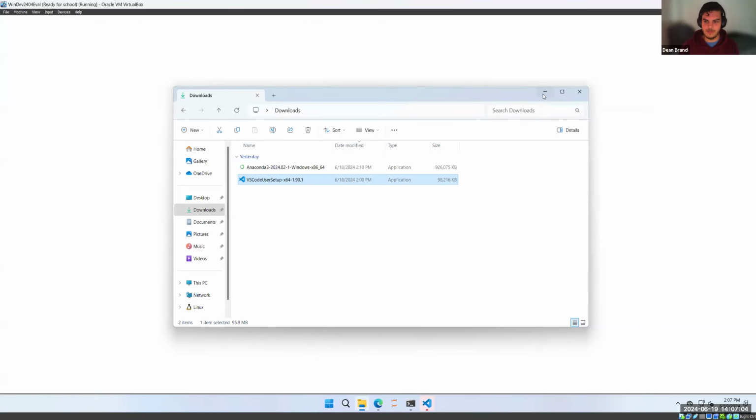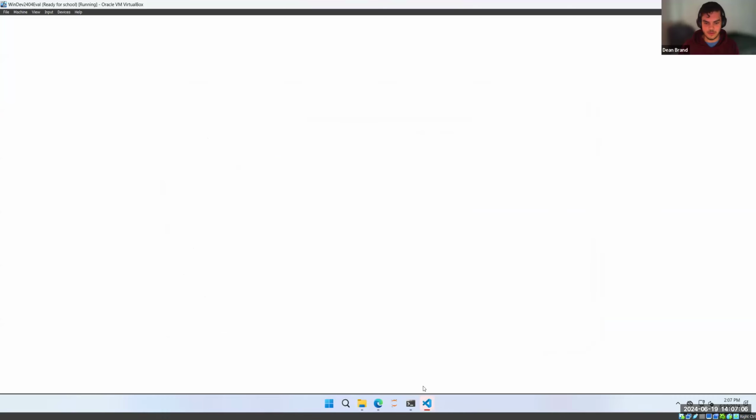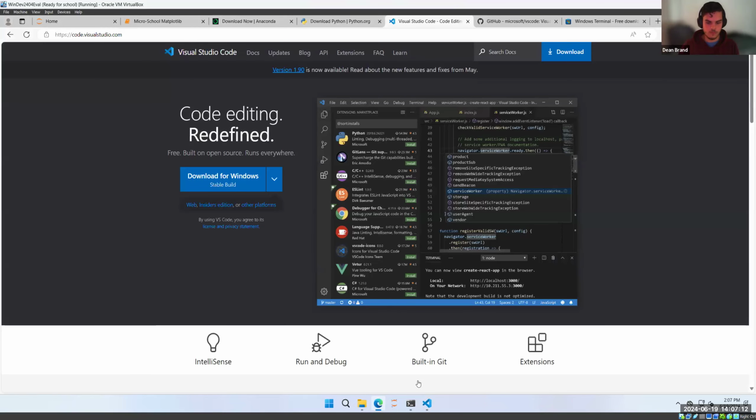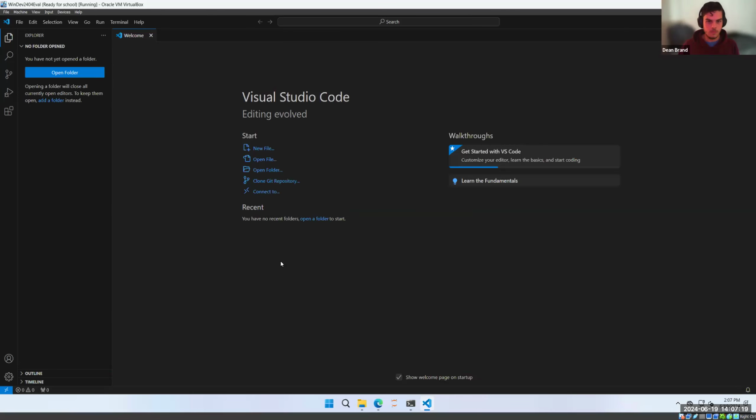I think it's slowly booting up. Sorry, it is a bit slow because it's a virtual machine. Yeah, and upon introduction, when you first open VS Code, it should be something like this, a very basic welcome